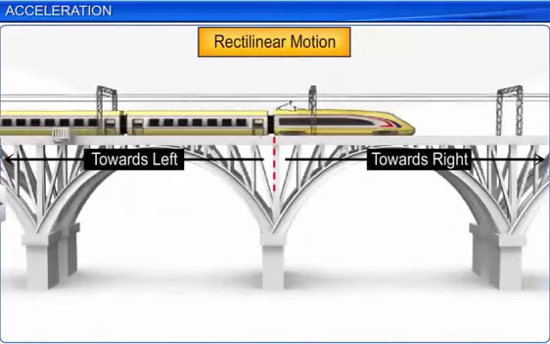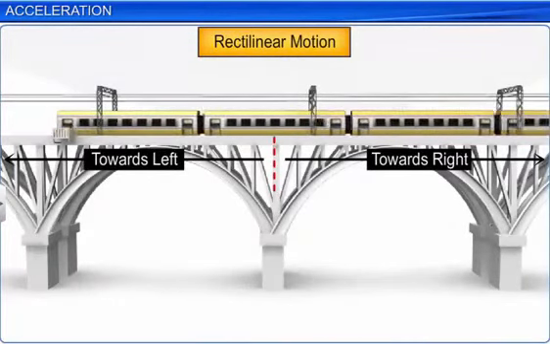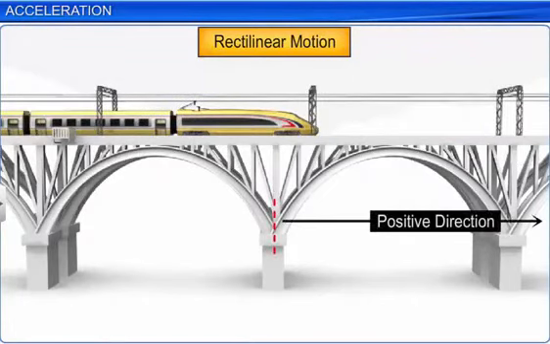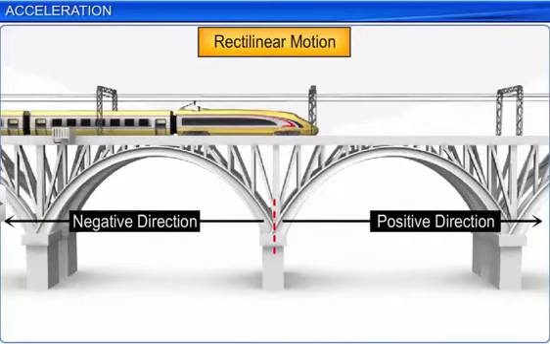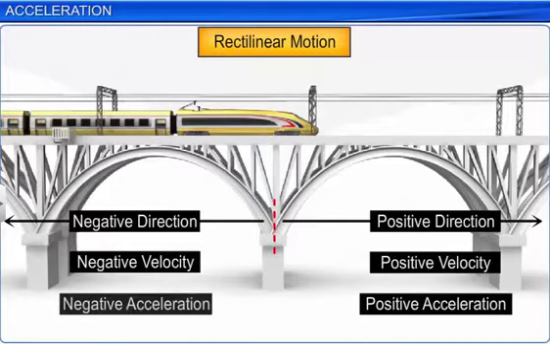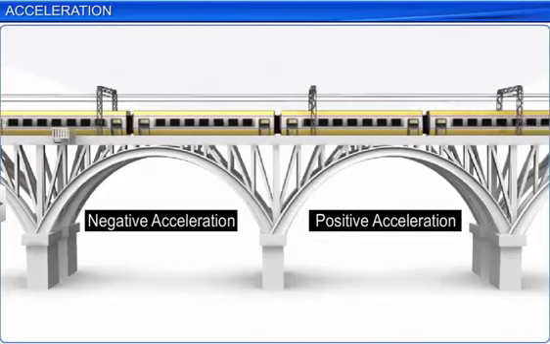In negative direction its velocity will be negative and acceleration also will be negative. Now let us study sign convention for this acceleration. This is very important. You should know when the acceleration will be positive and in which case the acceleration will be negative, because while solving the problem you should know about these acceleration sign conventions. So when the object is traveling with uniform velocity, means it is not changing its velocity, for every time interval it is covering equal velocity. In that case acceleration will be 0.